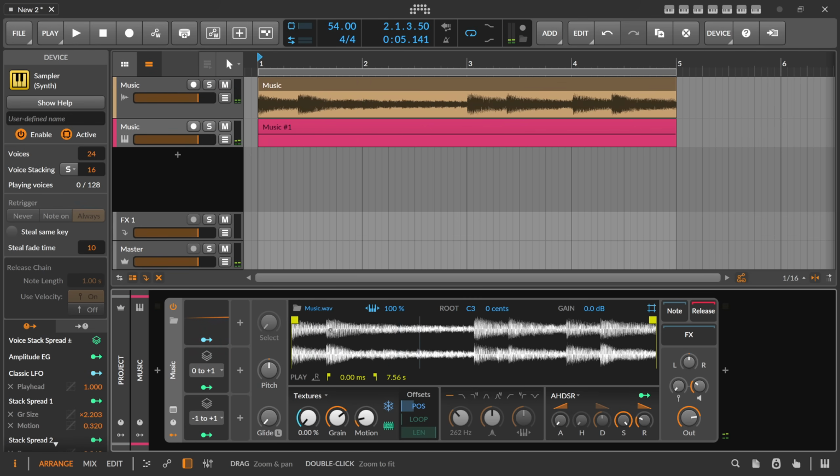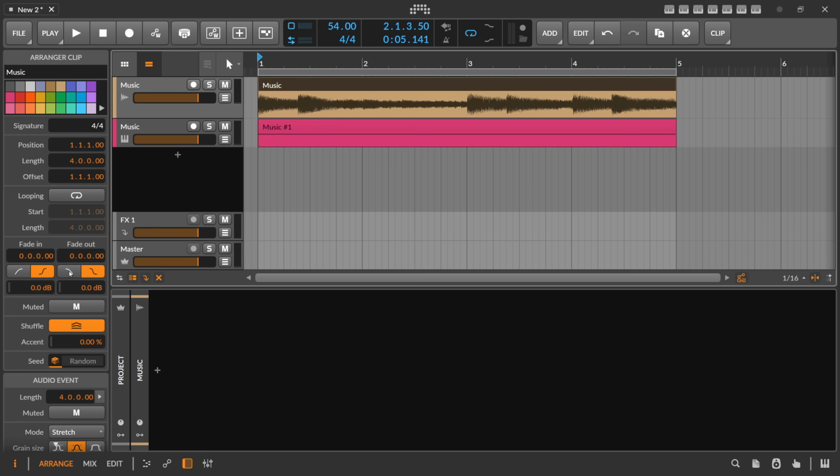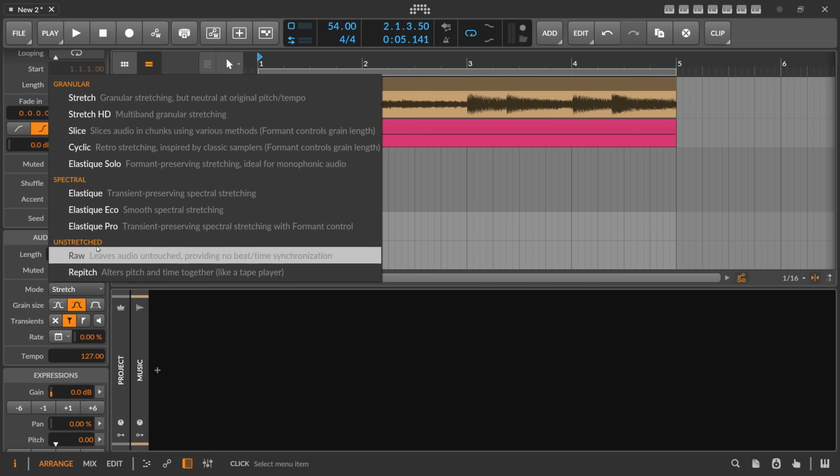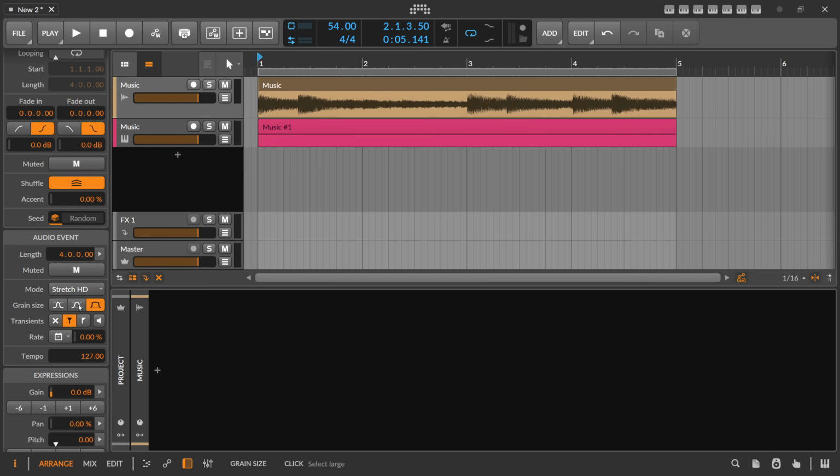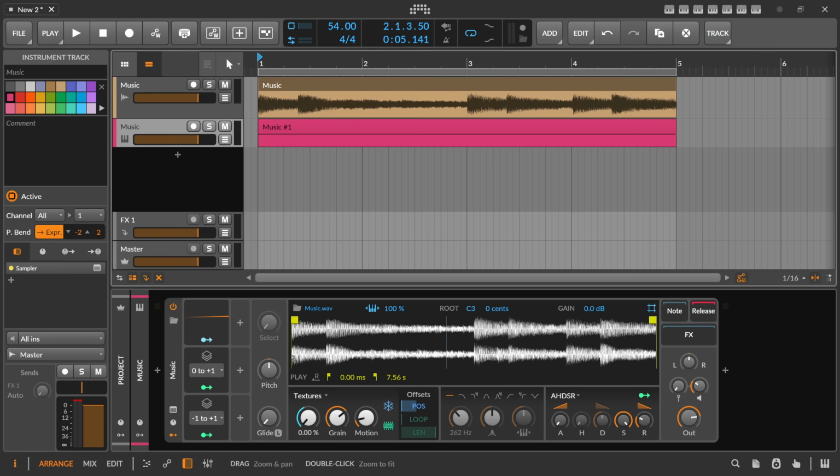So you have some options here. Sometimes this stretch algorithm, where you have just three options for the grain size, I would say sometimes the sampler is even better because you have this fluid grain size knob. You can change the motion, you can use voice stacking. It's sometimes even better to have this